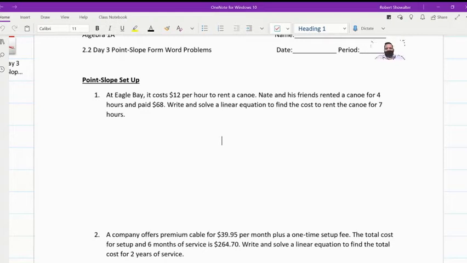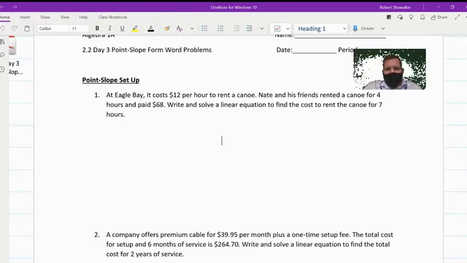All right, so now we have some application problems with point slope form of a linear equation. One of the things that's tough with these is identifying how to set it up and how to work. So a pointer before you get started is, as you read it, try to think about variables that can come out, things that change,